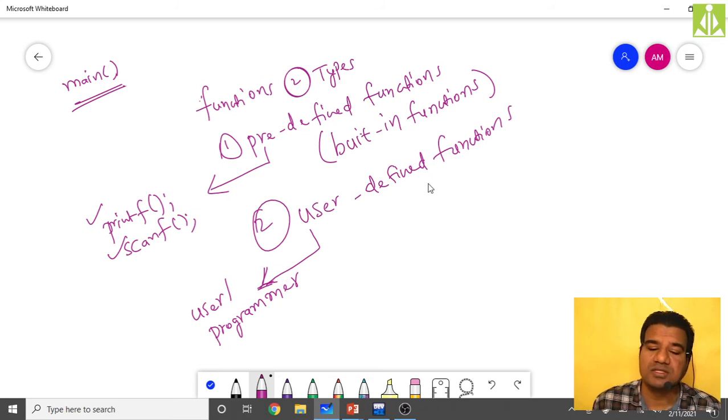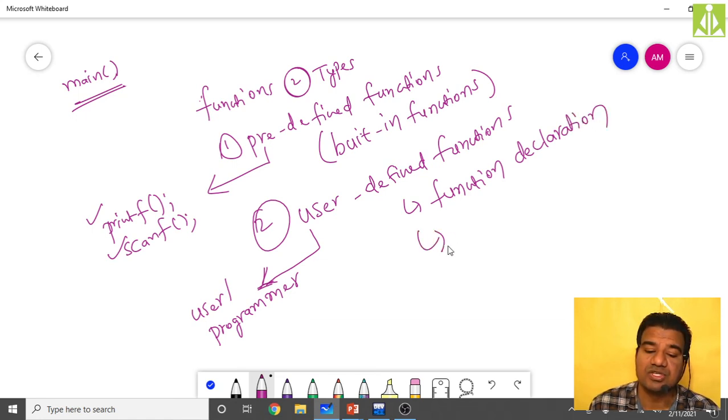So what are the things? Function declaration. Declaration is nothing but giving the name. Then function definition. Definition is nothing but providing the body, writing the code related to this function.